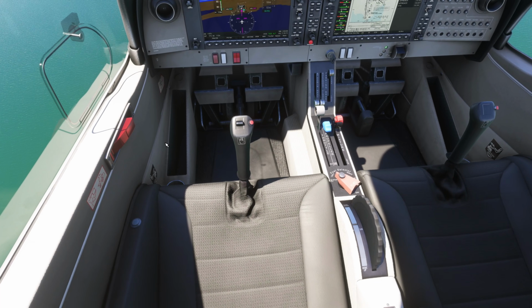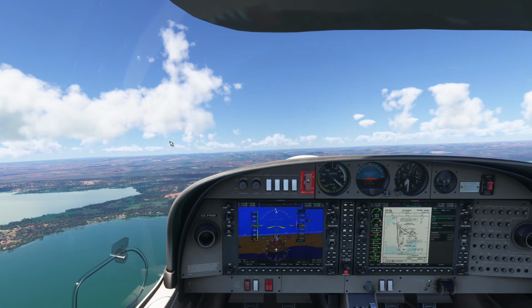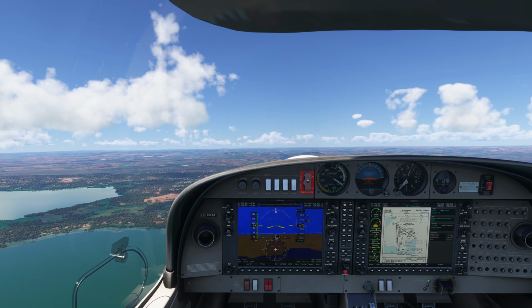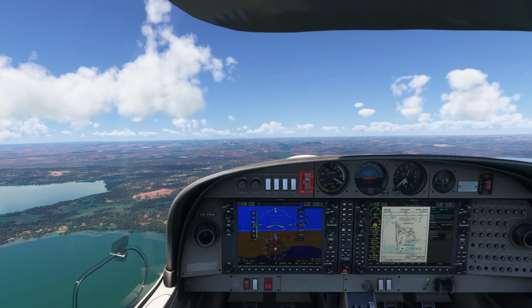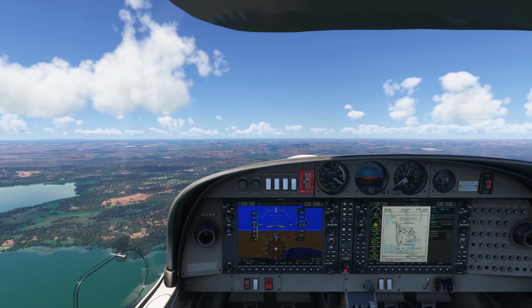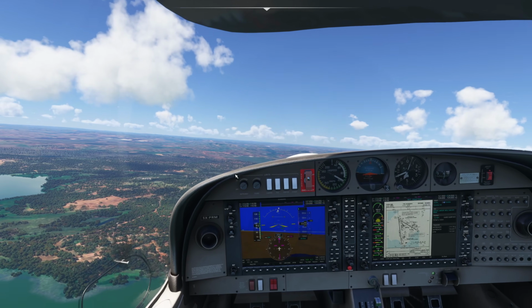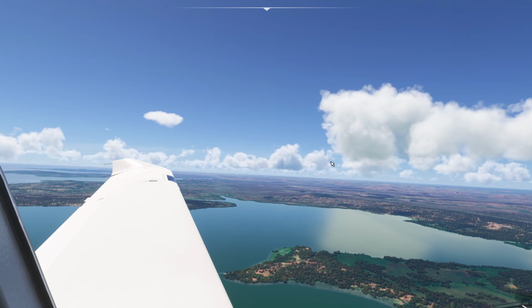We're going to just reset the trim to takeoff trim, so it's nearer to neutral. Pop the RPM up a little bit, and I'm just going to show you guys its stall behaviour as well. We can either do full flap stalls, or you can do clean stalls. We'll just do a clean stall for today. With that, aileron controls are limited, and the wings have to be kept level by using the rudder. If we put too much aileron in, we might get a wing drop, which is not really what we want,